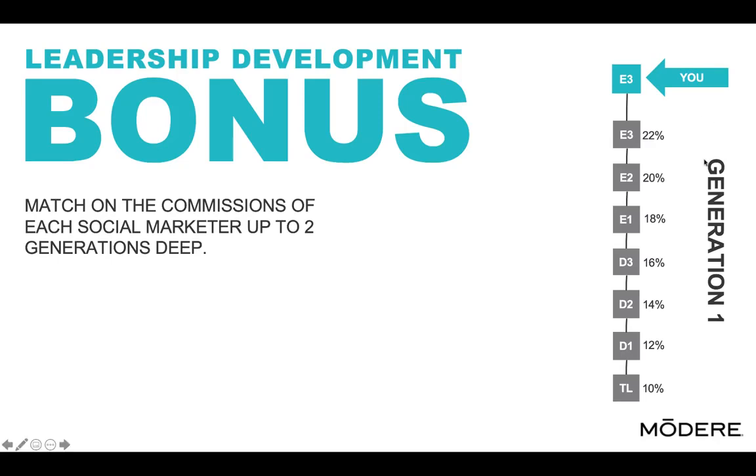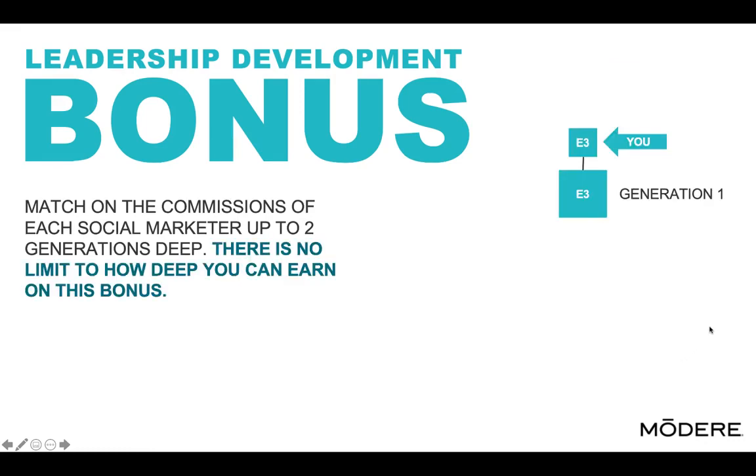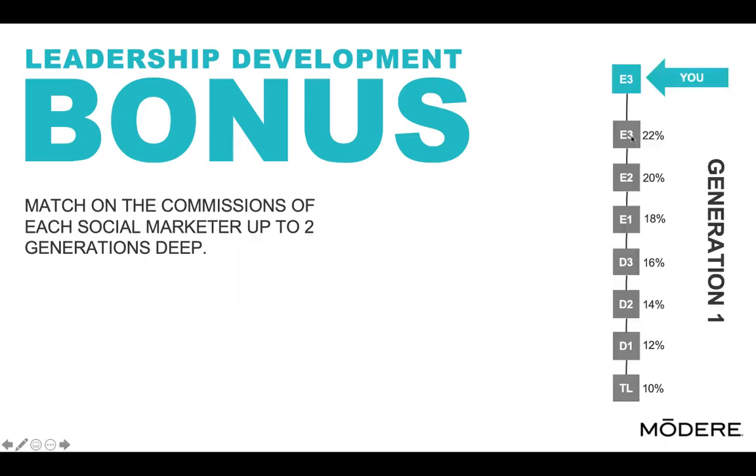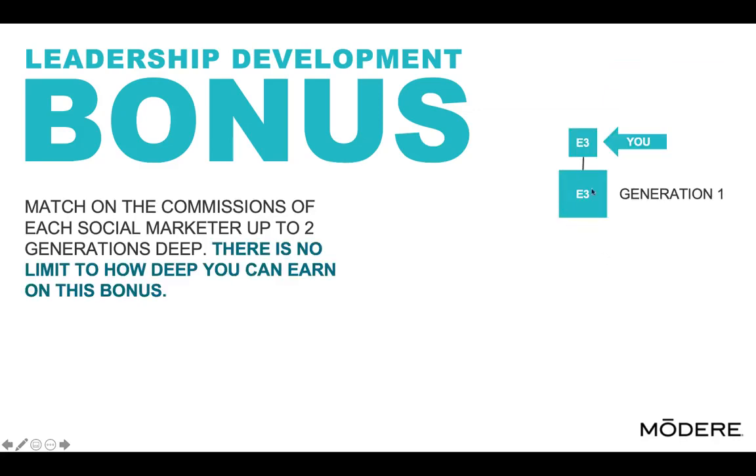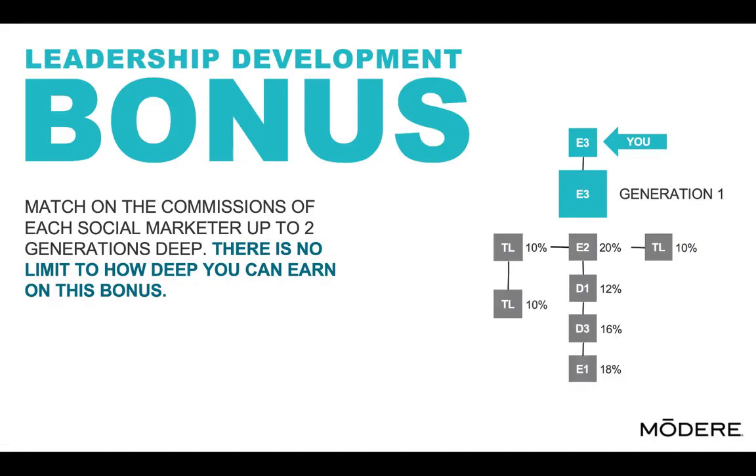Now, one other thing that you're going to love about this is this entire E3 line, because you're an E3, but now you have an E3 below you. This entire example is one generation of check match. We actually check match 2 generations of check match. So imagine that you took this whole E3 team, this person here, take their whole team and you compress it into one team. So you have their whole E3 team. We check match 2 generations of E3 per enrollment. So every time you enroll someone, it counts as 2 generations of elite 3s that you're eligible for down that enrollment line. It's a really dynamic part of our compensation plan.